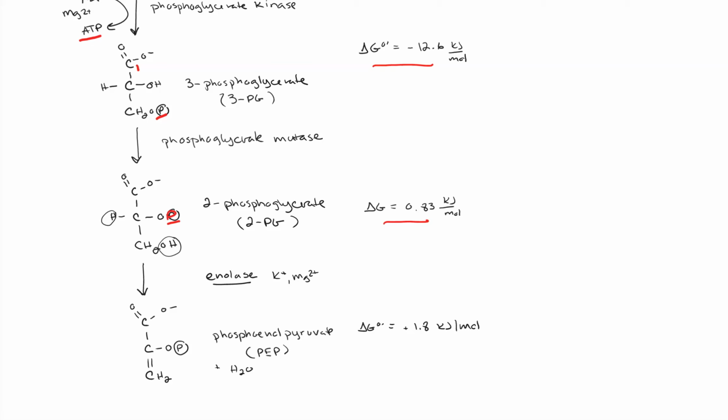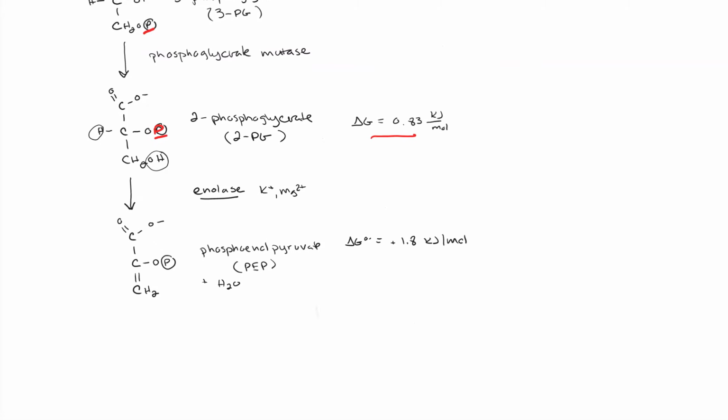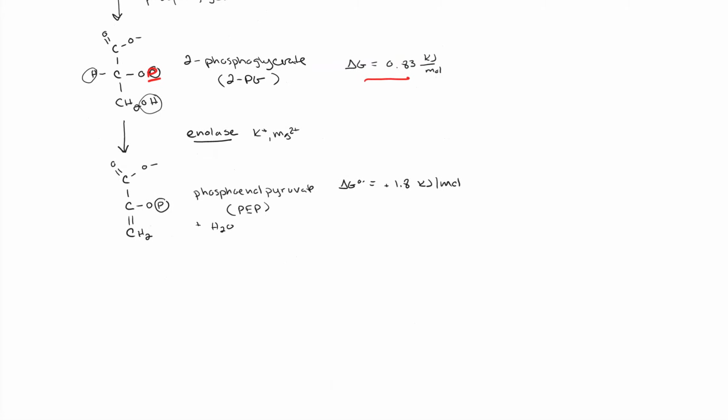So the total amount of energy between the two is really still similar. Now, the following reaction, the conversion of 2-phosphoglycerate to phosphoenolpyruvate, or PEP, takes place through enolase enzyme in the presence of potassium and magnesium. And in this particular step, you see that dehydration I was speaking about,